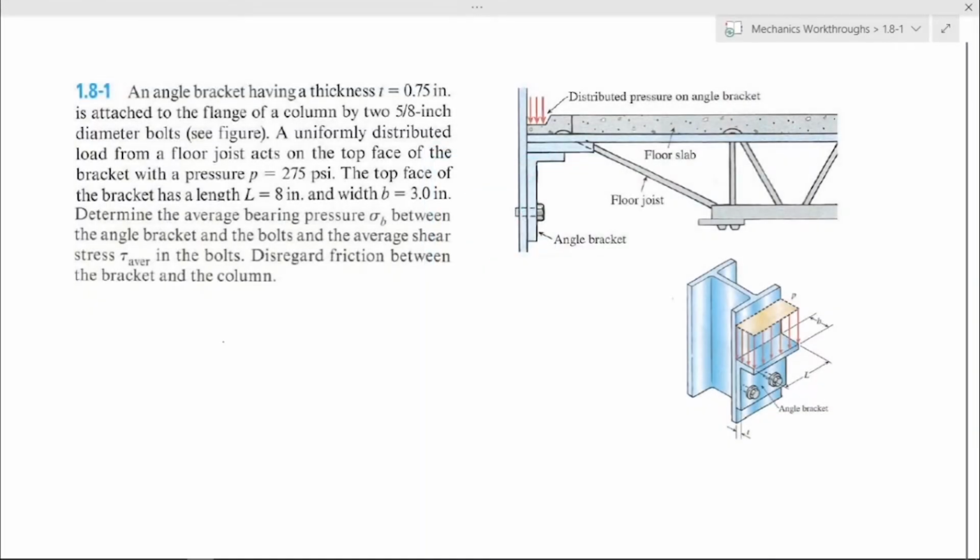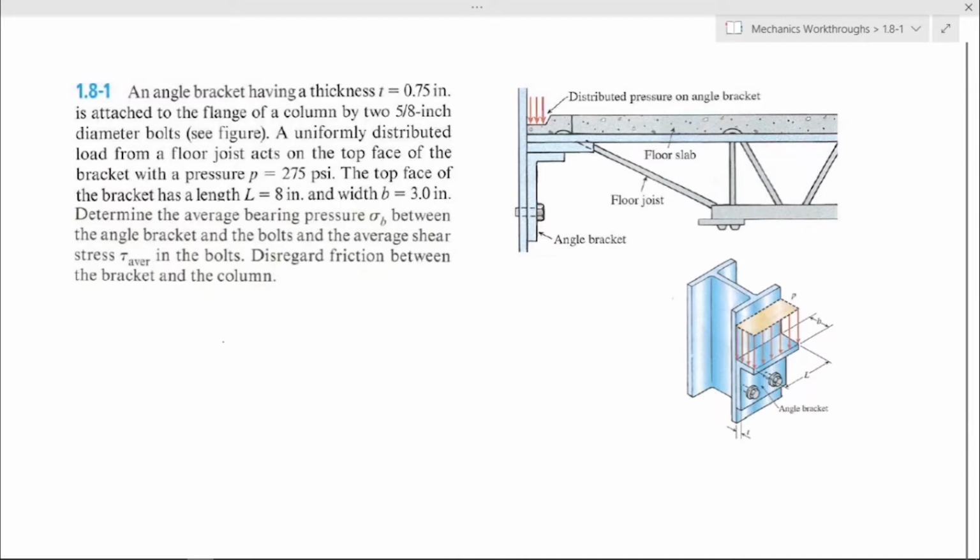This is example 1.8-1. An angle bracket having a thickness T equals 0.75 inches is attached to the flange of a column by two 5/8 inch diameter bolts. A uniformly distributed load from a floor joist acts on the top face of the bracket with a pressure P equals 275 psi. The top face of the bracket has a length L equals 8 inches and width B equals